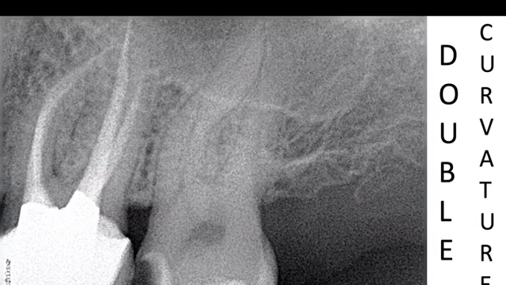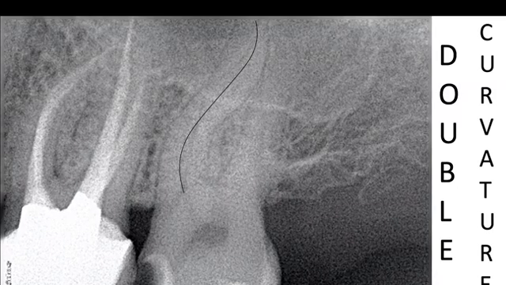Now I want to show you a few cases of the use of this instrument, when I can use this instrument. I want to show you a case when we have a double curvature. It's a vital case here, as you can see, and we have on this case a double curvature on the mesial canal. This mesial canal had 2 canals, but there were joining canals, so it's a type 2 of Vertucci